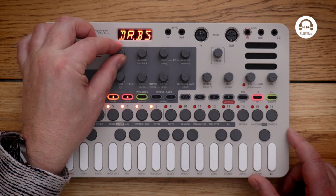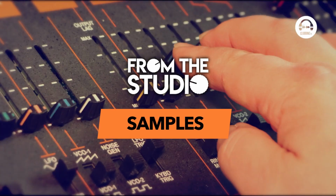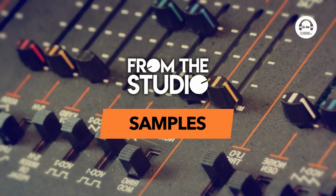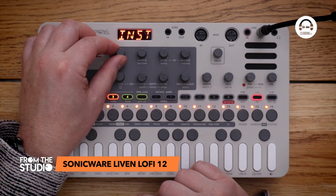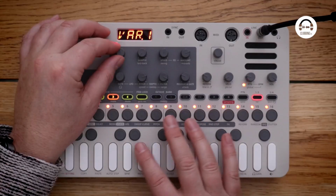And we get 8 banks, 1, 2, 3, 4, 5, 6, 7, 8. And it comes preloaded with 5 banks, each containing 16 samples. So let's plug it in and take a listen to some of them. So we've got drums, instruments, loops, and this thing called VAR1 and VAR2. I don't think it's got anything to do with football, but...